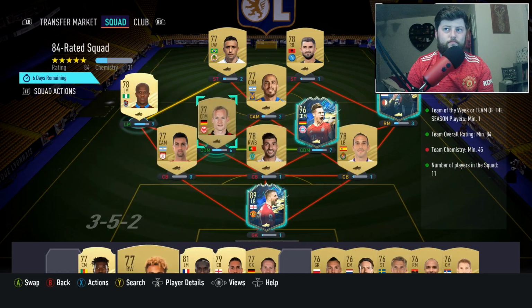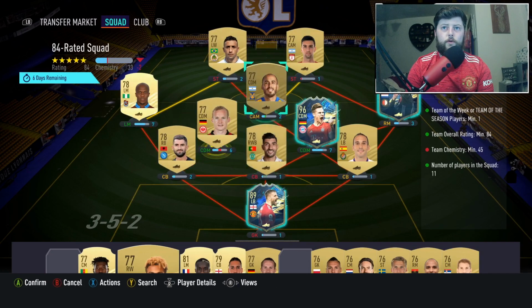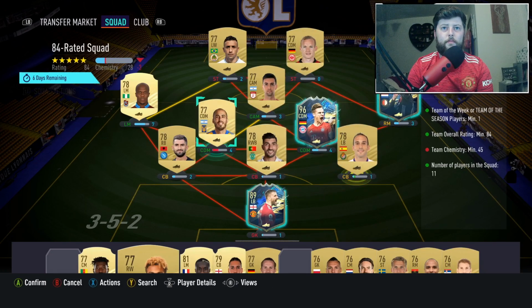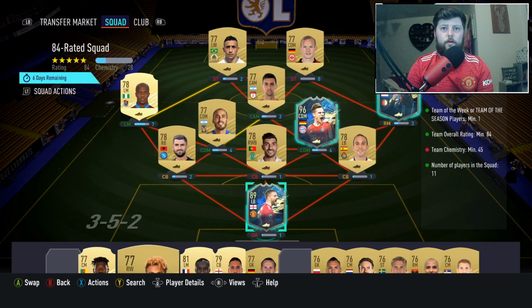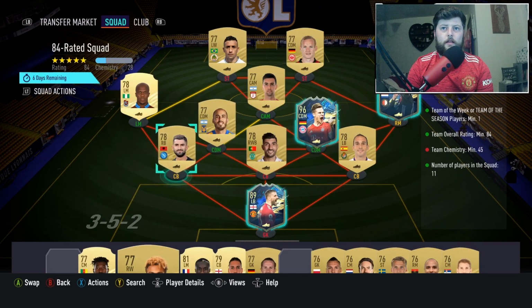So there we go, easy as that. You can go and get a common if you really wanted to, but we are going to use it like this, and you do need 45 chem. Again, it shouldn't be too difficult to get that chem. I've just got to figure out who links where. We've got Mexican, Italian, German. So the Italian and the Italian will link. So if we put...